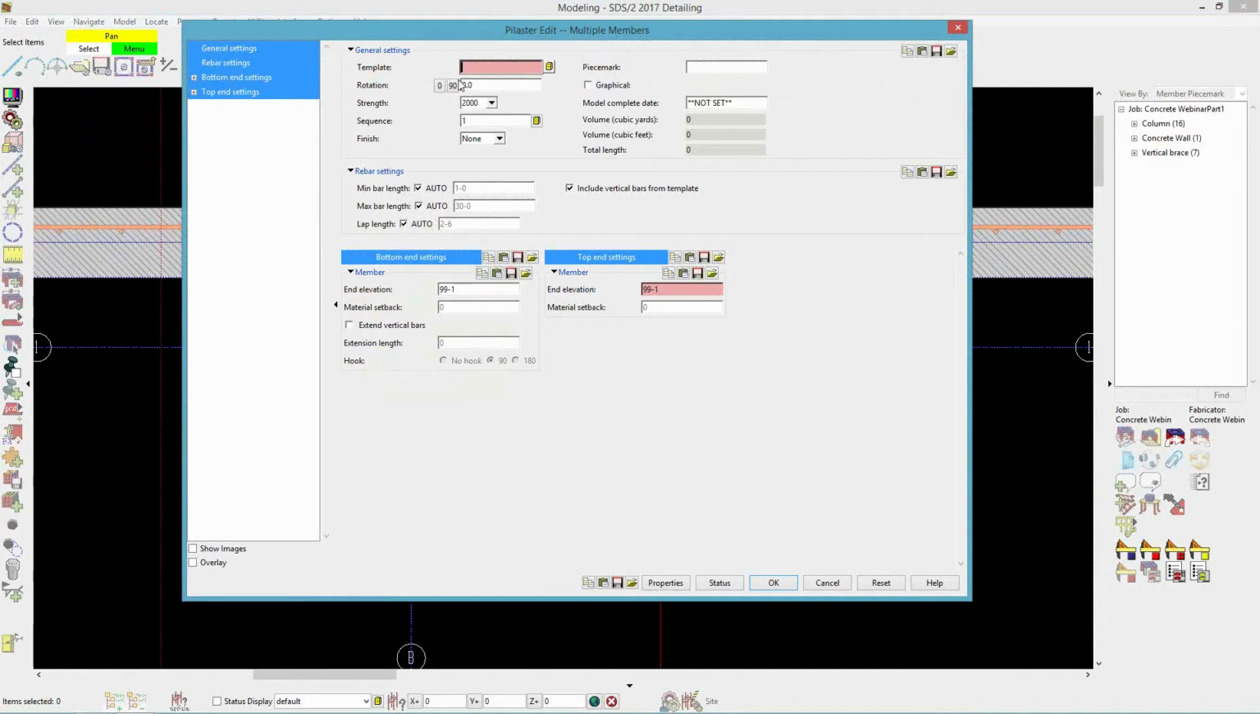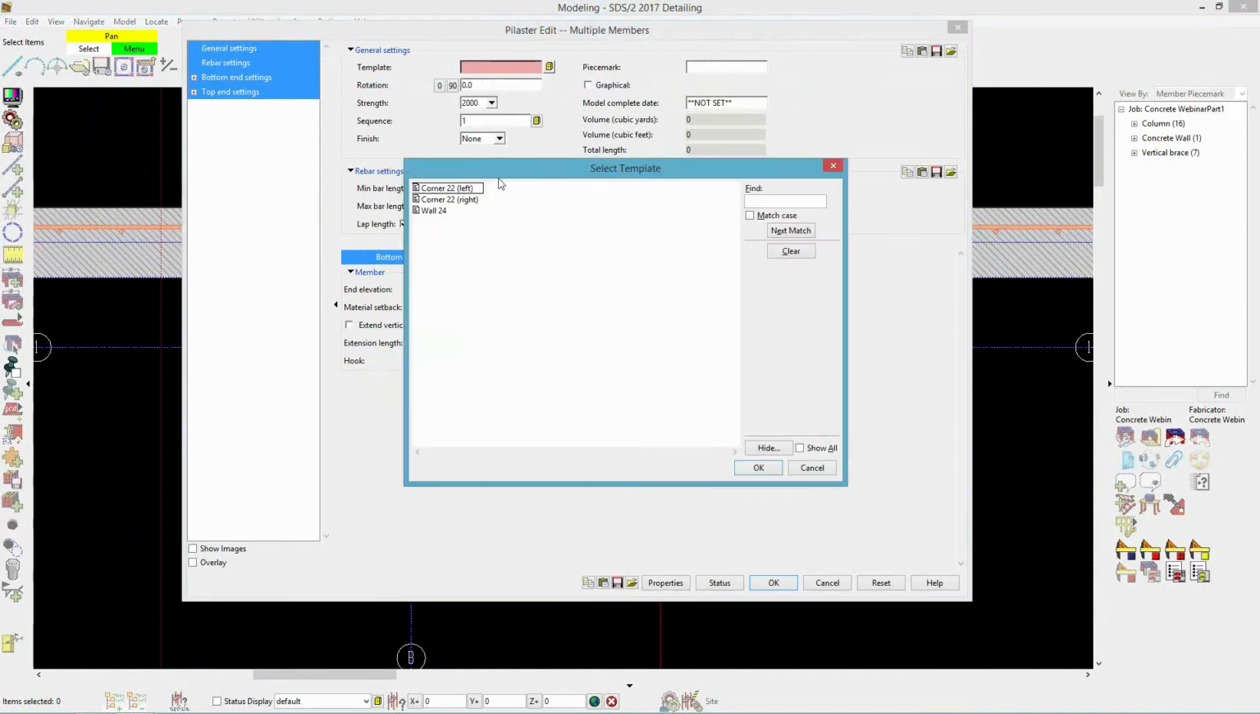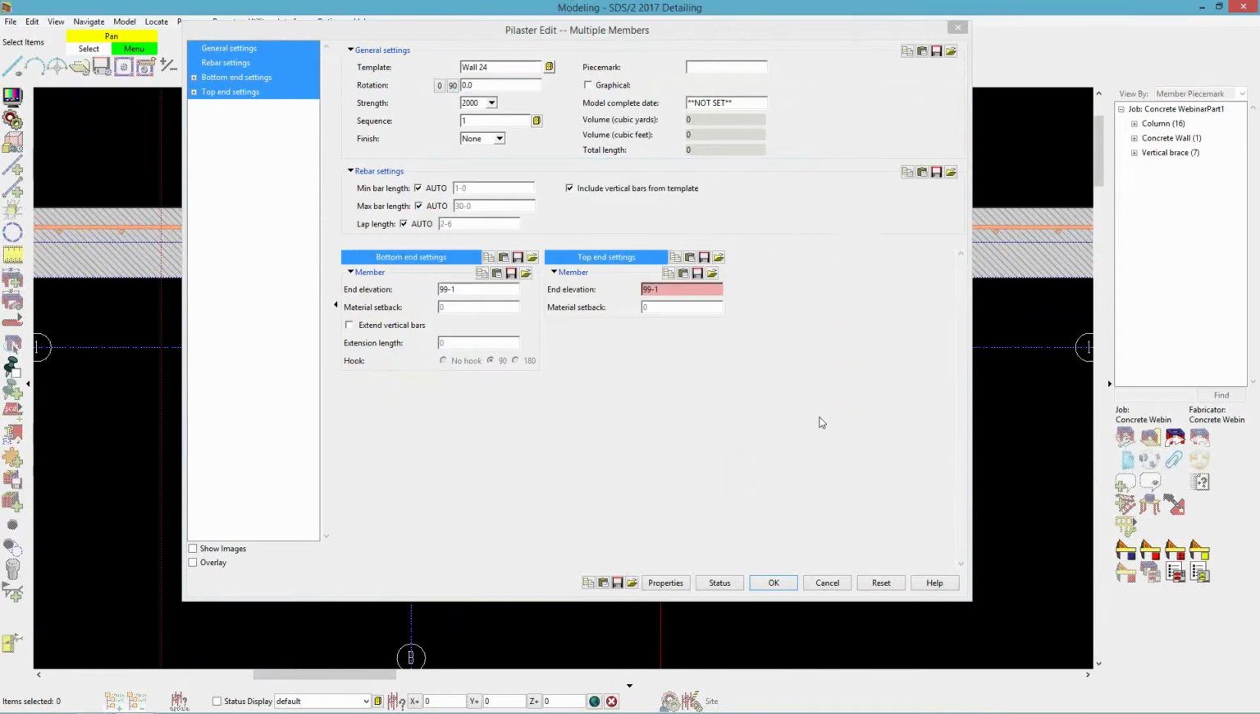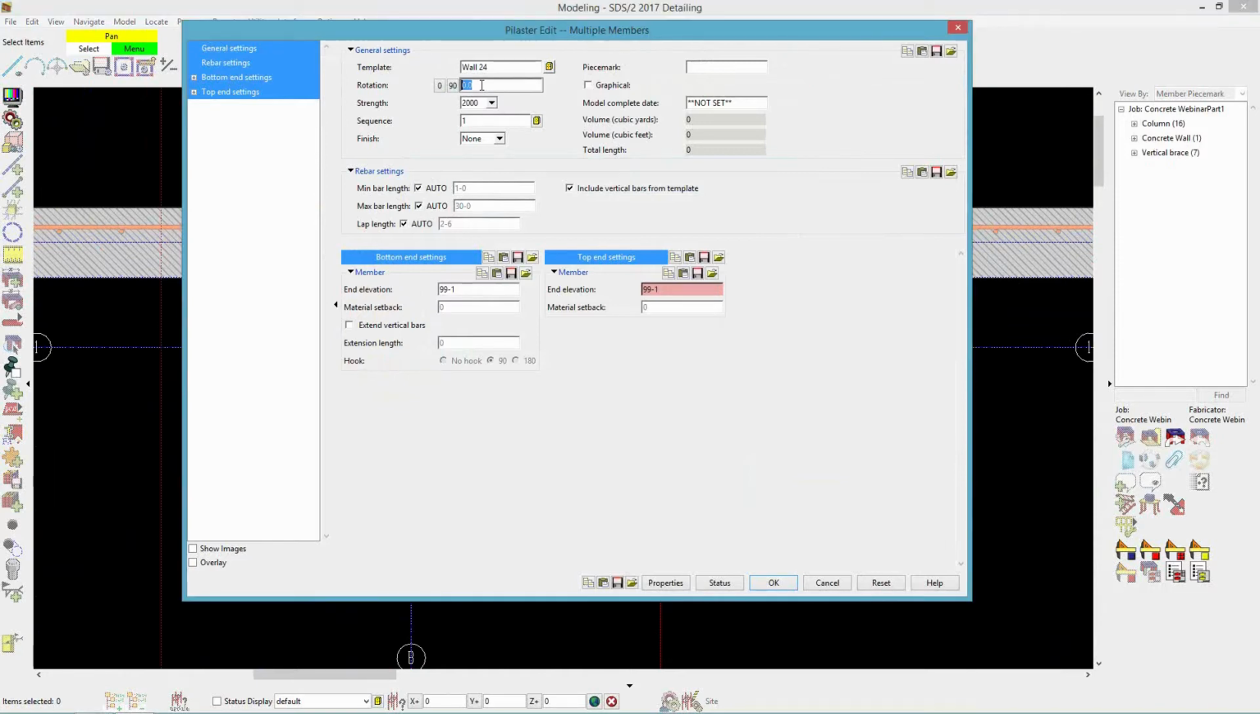It's going to come up and ask me for a template. So I'll go ahead and browse. By default, SDS2 installs these 3 options here. You can modify them or add new ones in setup, which we will cover in the next webinar. So I'm going to pick wall 24 here. Next, I have my rotation. Think of it as a column looking at a plan view with the web, your rotation here. So if I want that up and down, I'm going to put in a -90 degree